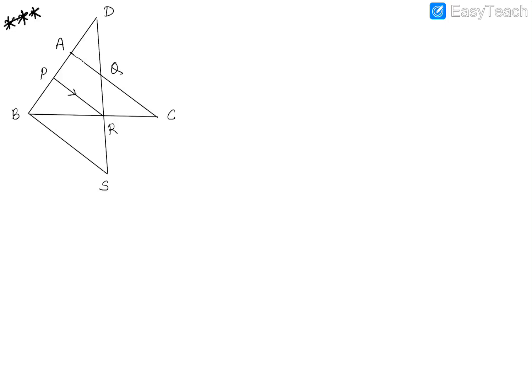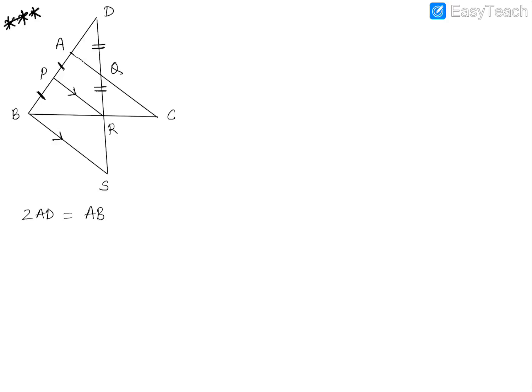You're also given that this line is parallel to this line. It's also given P is a midpoint of AB. Whatever is given, I'm already marking in the figure, so I'm not going to write it separately in the question. You're also given Q is a midpoint of DR, so even these two sides are equal is given to us. And you're given PR is parallel to BS. Okay, that also is done. So this all is given, guys. And there is one more data given, which I'm writing out here. You're also given that 2 times AD is equal to AB.